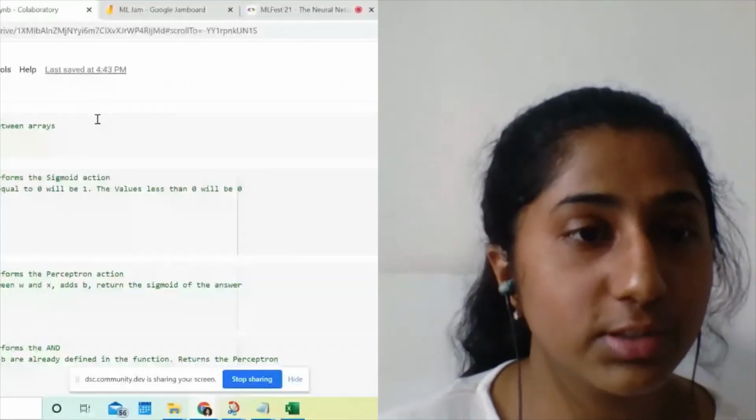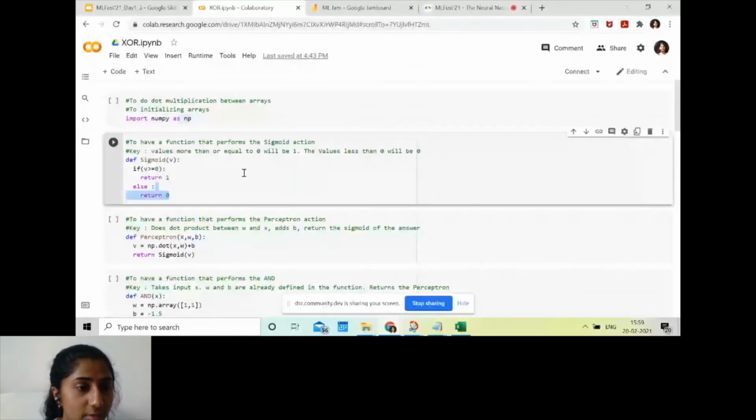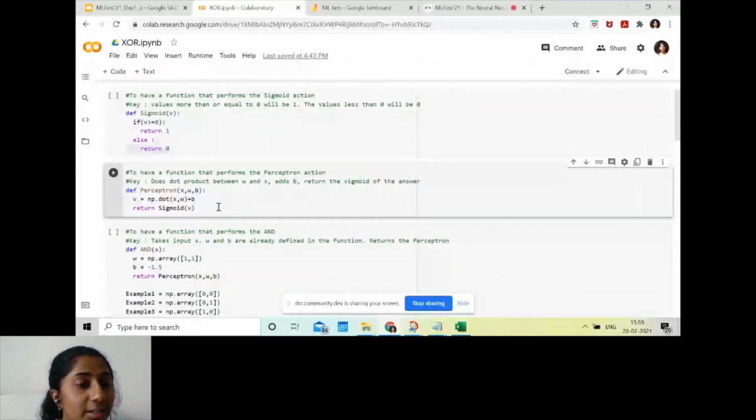Okay, so first of all, we use the sigmoid function, which is our activation function. In that, if v is greater than or equal to 0, then we should get 1. This is the sigmoid function that we learned in our 11th and 12th, and even Aditya just explained it right now. So this is the activation function that comes right here in the perceptron. This is the perceptron.